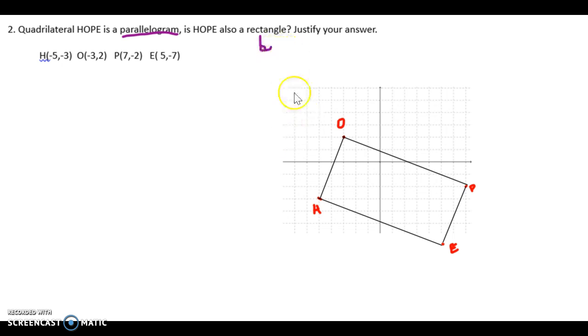To do that, I want to show that two consecutive sides have negative reciprocal slopes. So I'm going to calculate the slope of HO. So to find the slope of HO, I'm just going to count it. 1, 2, 3, 4, 5 over 2. So my slope is 5 over 2. Then I'm going to find the slope of a consecutive side like HE,